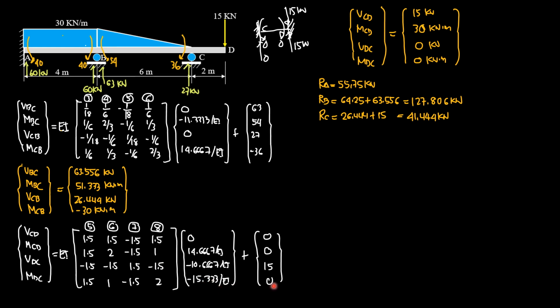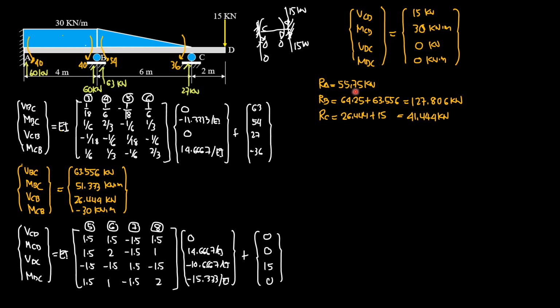Shear DC negative 1.5 times 14.667 plus 1.5 times negative 10.667 plus negative 1.5 times negative 15.3333 plus 15, that would be 0. Then moment DC 1 times 14.667 plus negative 1.5 times negative 10.6667 plus 2 times negative 15.3333 plus 0 equals 0. So if you want to solve for reaction at A, that is just shear in AB,